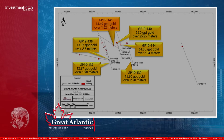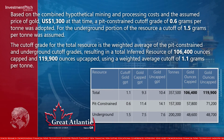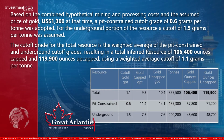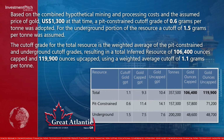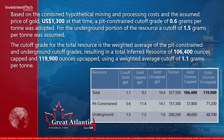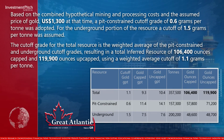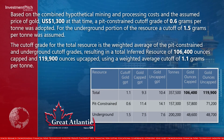over 1.52 meters. In December 2018, Great Atlantic reported an NI 43-101 mineral resource estimate for the Jaclyn Main Zone based on the combined hypothetical mining and processing costs and the assumed price of gold, $1,300 US at that time. A pit-constrained cutoff grade of 0.6 grams per ton was adopted. For the underground portion of the resource, a cutoff of 1.5 grams per ton was assumed. The cutoff grade for the total resource is the weighted average of the pit-constrained and underground cutoff grades, resulting in